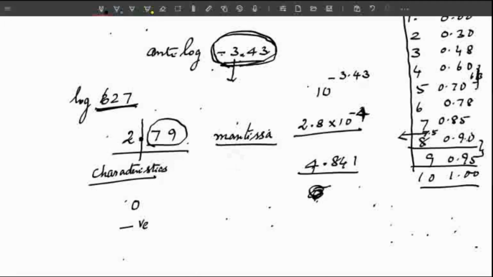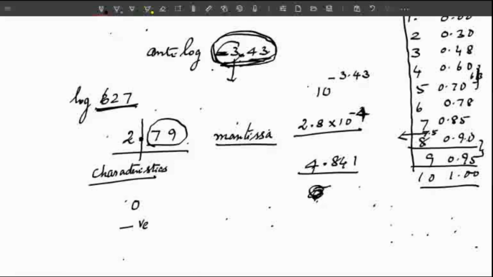But here the minus sign indicates that the number to the right of the point is also negative. Under this condition, you should not take the antilog for that number. You should rearrange the number such that it fulfills the condition for logarithmic numbers. After that, you should take the antilog. Whether it is positive or negative, you should make it into a positive